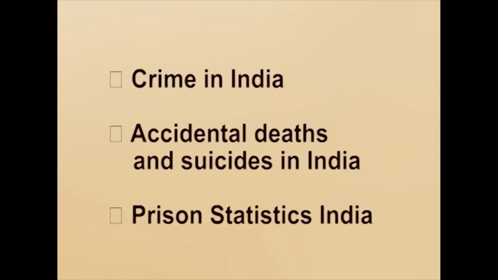Statistical branch. It is one of the founding branches of NCRB. This branch was formed out of the statistical section of the Bureau of Police Research and Development (BPR&D), which was one of the 4 units that were merged in NCRB at the time of NCRB's creation. The branch brings out 3 annual publications. They are Crime in India, Accidental Deaths and Suicides in India, and Prison Statistics in India.